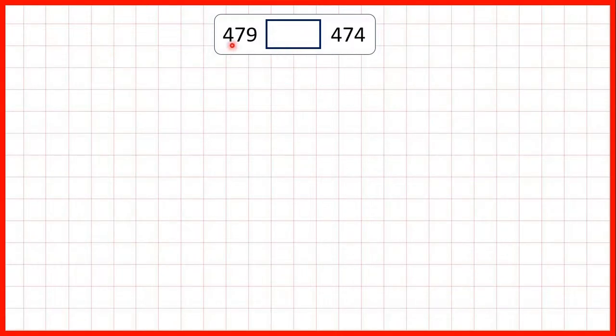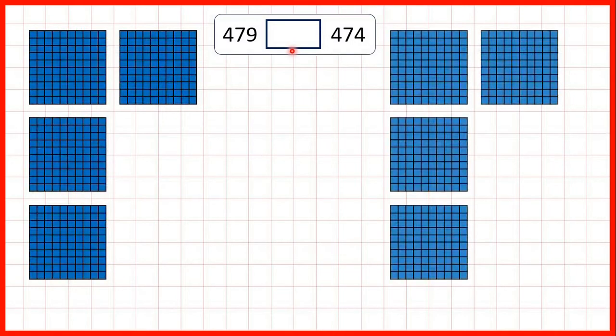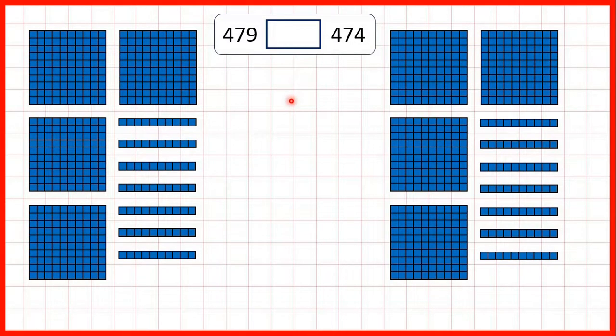Then we had 479 and 474. Now both numbers have 4 hundreds, and they both have 7 tens. But because our first number has 9 ones, and this number only has 4, we know that 479 is greater than